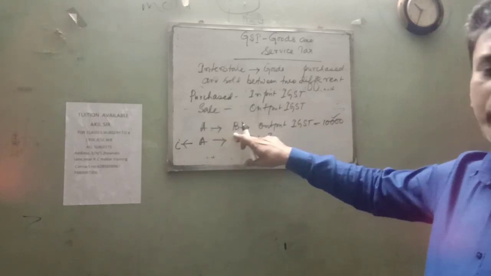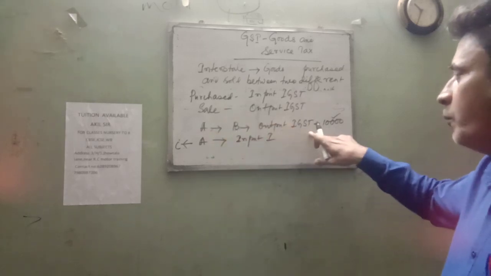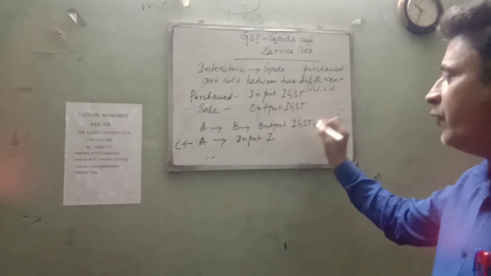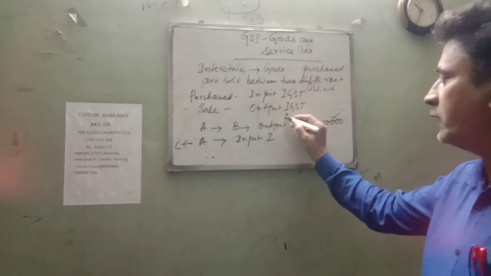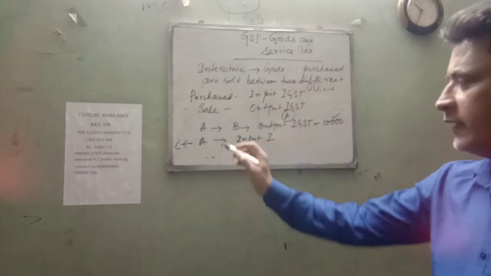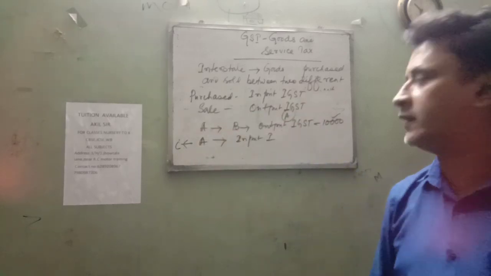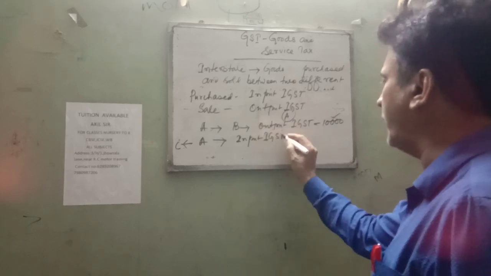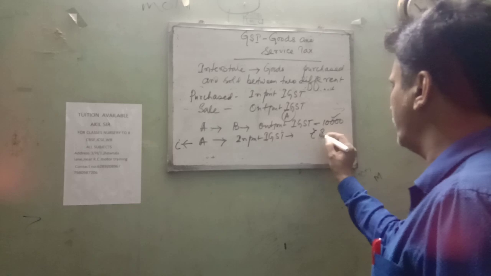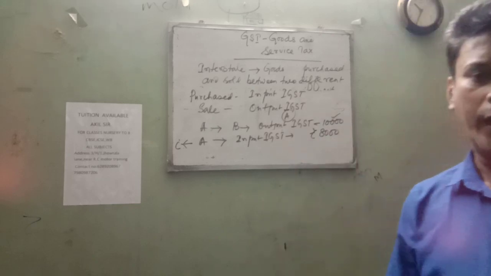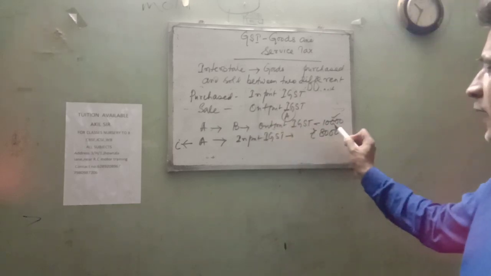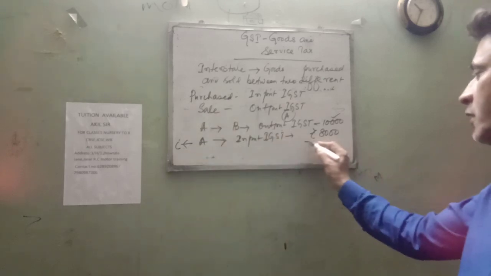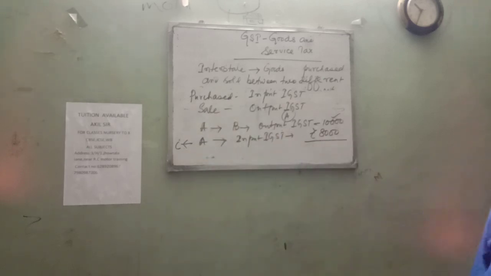So if A sold goods to B and A collected tax from B amounted to ₹10,000, this is the output IGST of A. A का आउटपुट कितना हो गया, 10,000। अब A क्या किया था, C से परचेस किया था, जब वो पे किया था इनपुट IGST पे किया था, कितना पे किया था, सपोज 8,000। A collected tax from B 10,000 and A paid to C tax of 8,000।